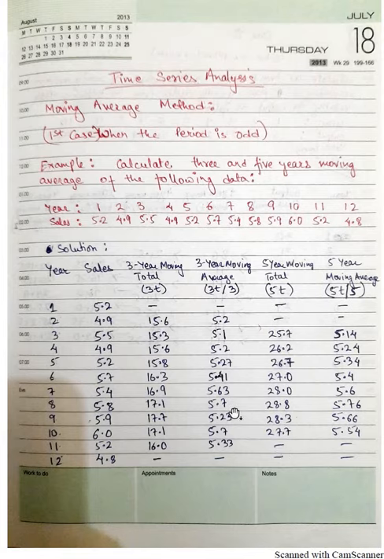If we are asked to find the 7-year moving total, first we'll start by adding the first 7 numbers here: 5.2 plus 4.9 plus 5.5 plus 4.9 plus 5.2 plus 5.7 plus 5.4. We take the total of this, and since the middlemost position of these 7 values will be here, we write the total in a straight position from here. Since we are not finding the 7 years moving total, we will not discuss it.